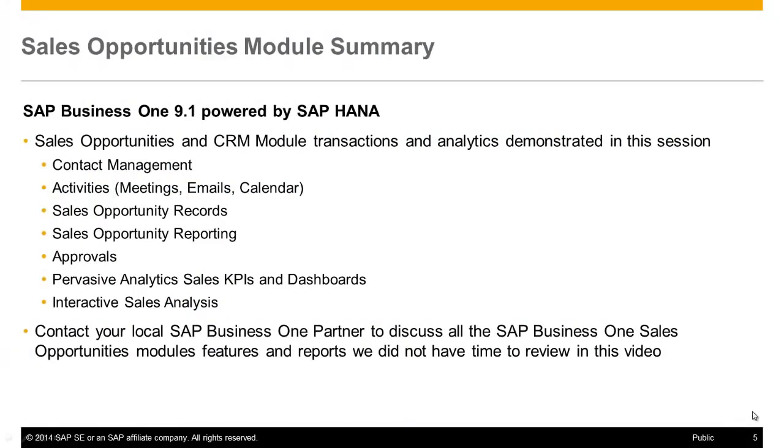During the previous demonstration scenarios, we saw how SAP Business One 9.1, powered by SAP HANA, delivered powerful sales opportunity tracking and sales analytic capabilities for individual salespeople and their management. We watched as Catherine and Kevin use SAP Business One 9.1 to address the following sales opportunity and CRM capabilities